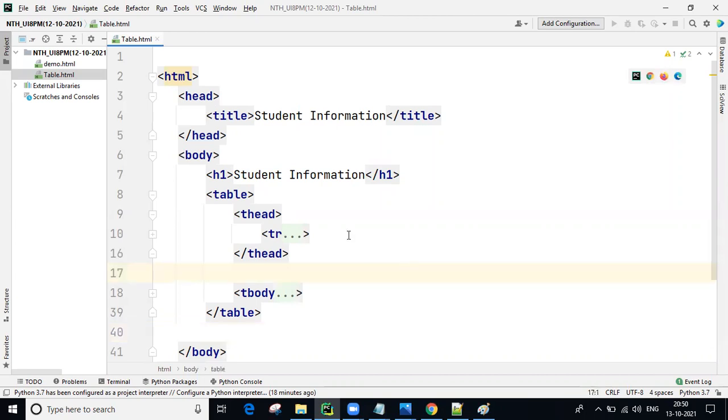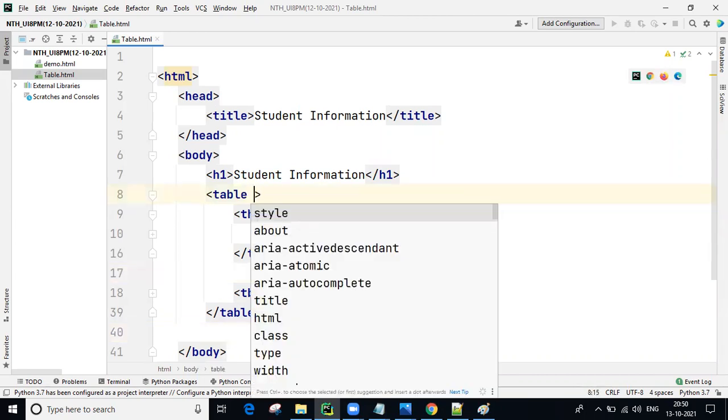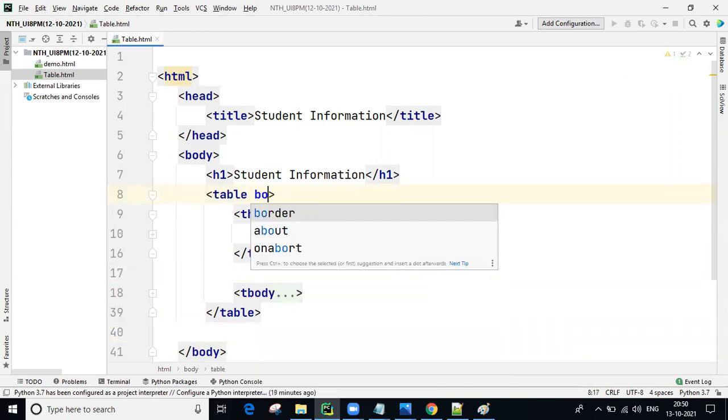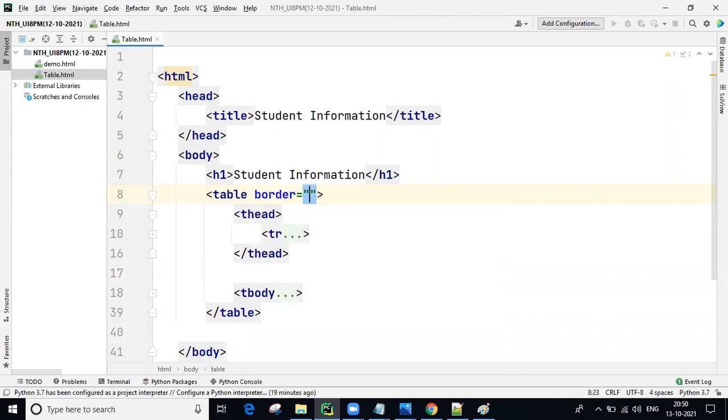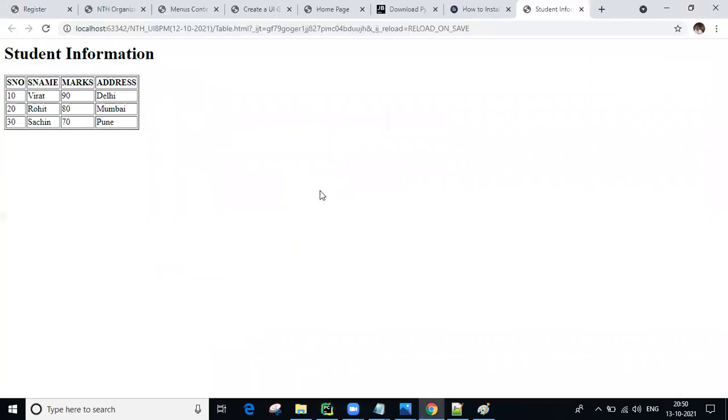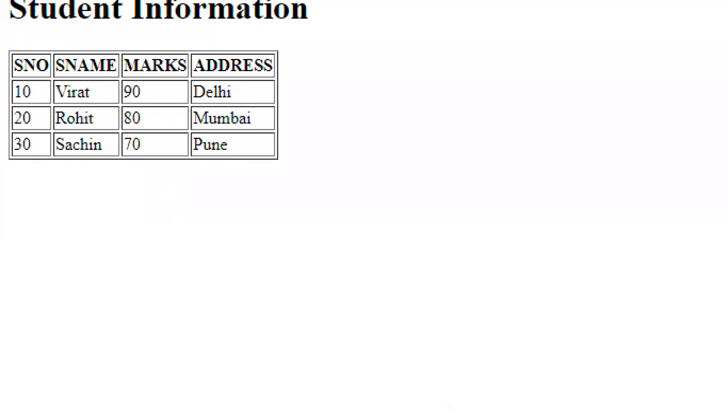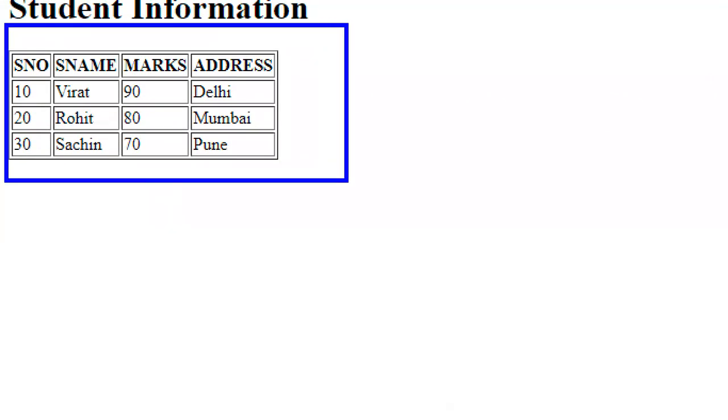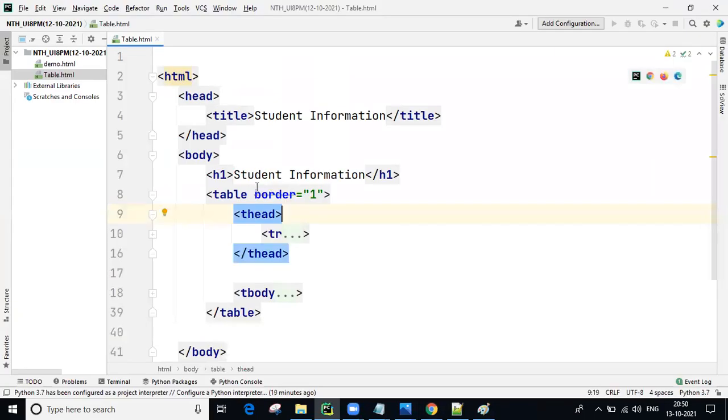So next, in this table, border equal to something, 1 or 2, whatever you want, you can write. Because of the border, you are getting border lines. This is what we are calling an attribute. I'll tell you about the attribute.